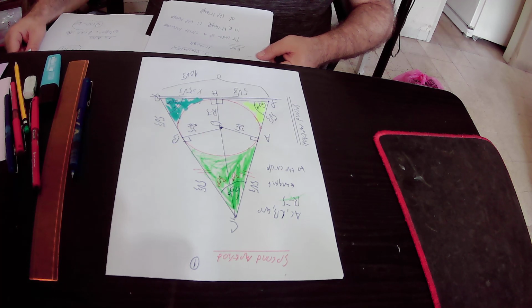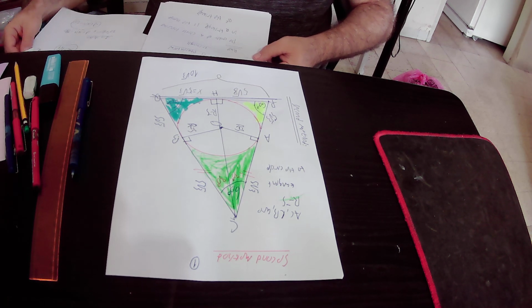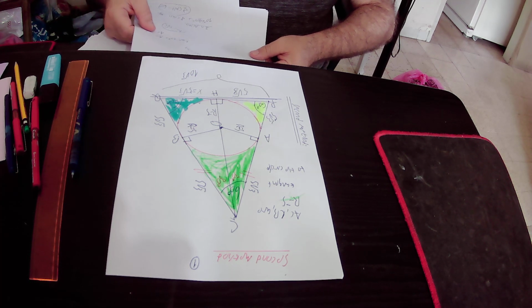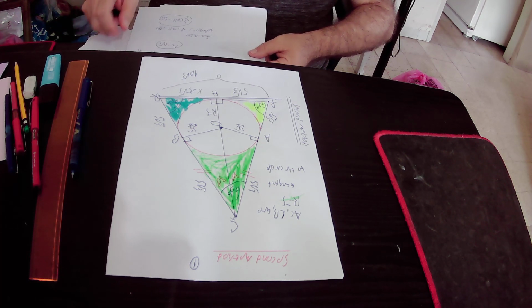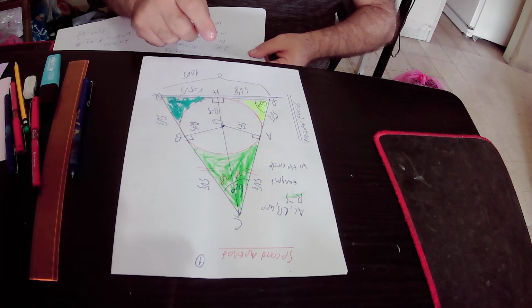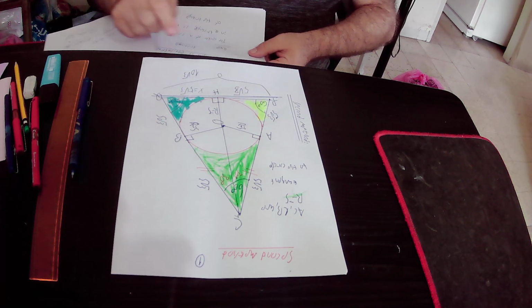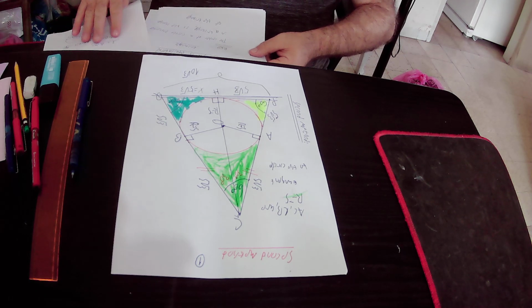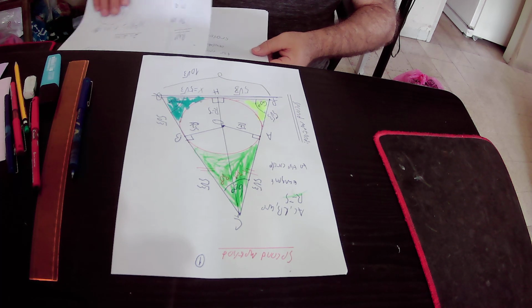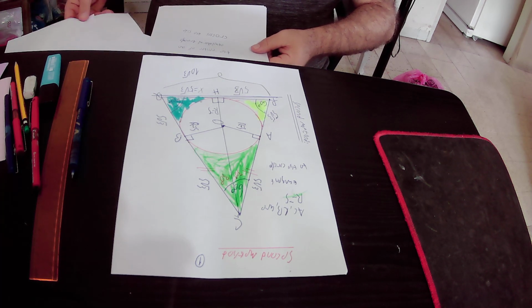And we have a rule that the center of a circle inscribed in a triangle is the incenter of the triangle. So the center of the circle O is also the center of the equilateral triangle CPQ, according to the rule that I stated. And we have also the second rule that states that